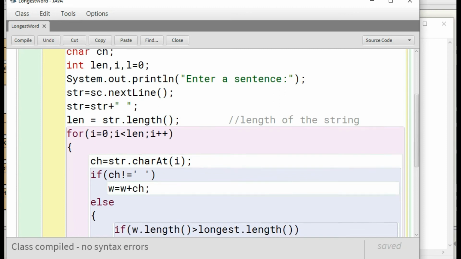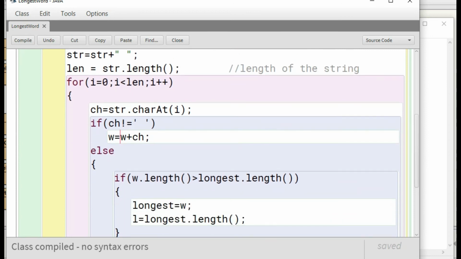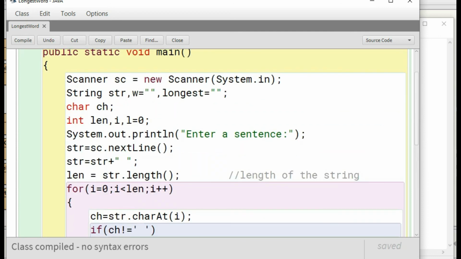Now when we get a space, at that moment we are checking whether the length of the word that is in w is greater than the length of the longest word or not. So initially, just check this out, longest is equal to the blank string, the null string.